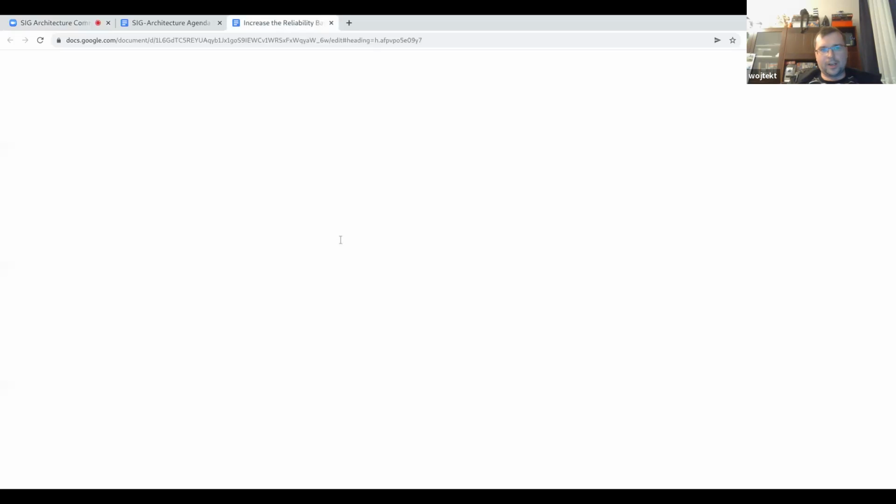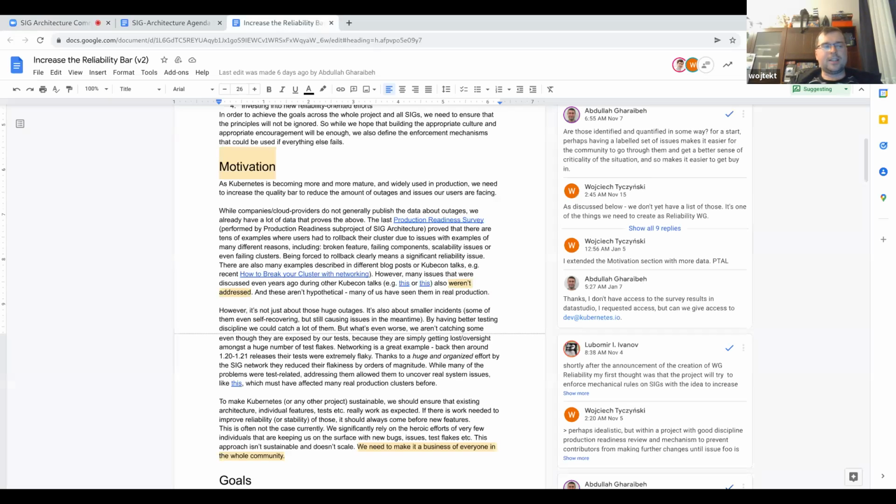No, we relaxed it. I think we don't want to do anything at the individual PRs level. What we are saying is that the enforcement mechanism will be purely on the KEP level. So if a given SIG will not be working or will be consistently ignoring all the reliability related requests, we will at some point in the next release reject all the graduations for the features that they are working on.